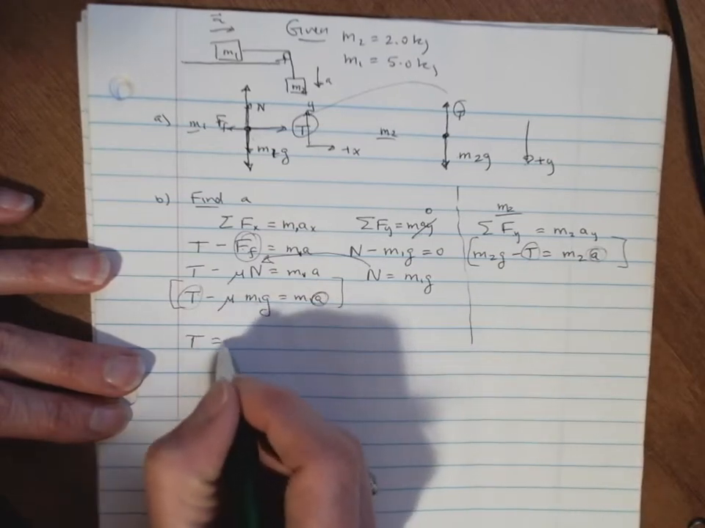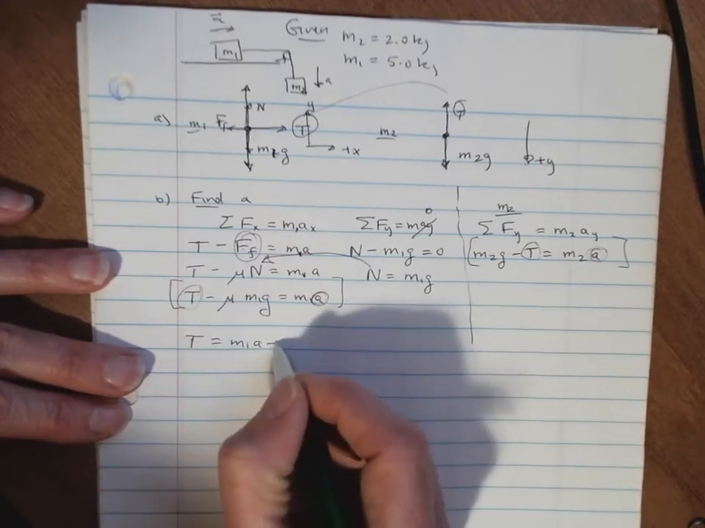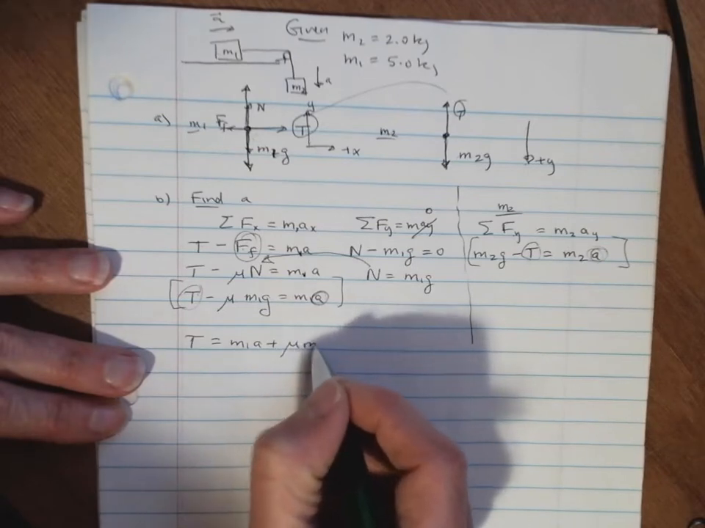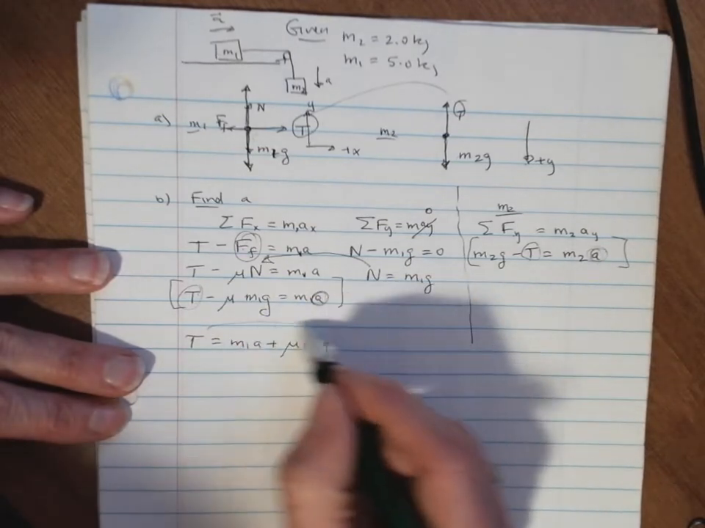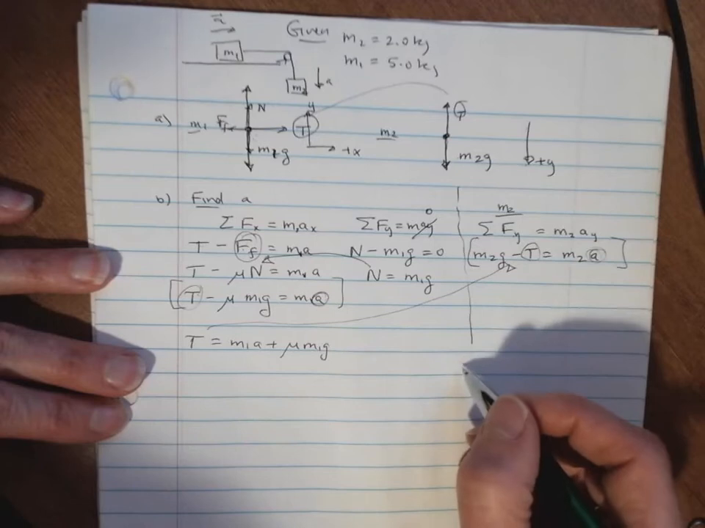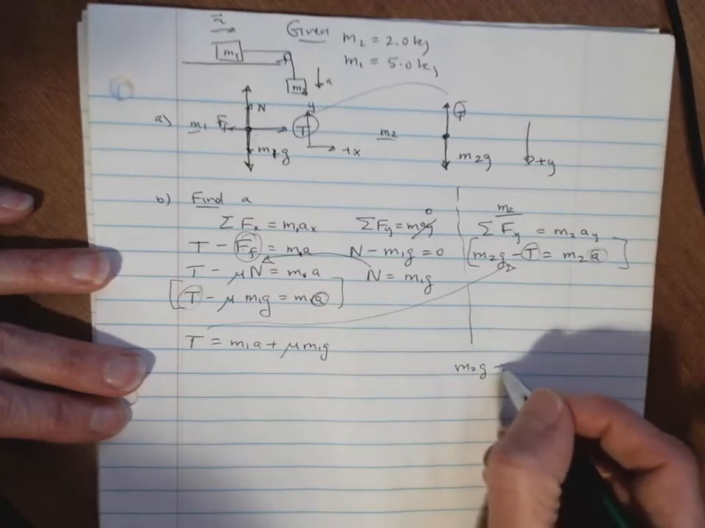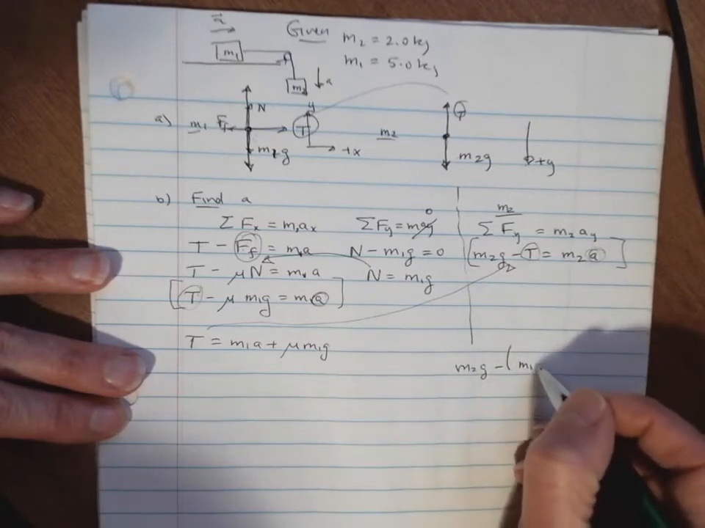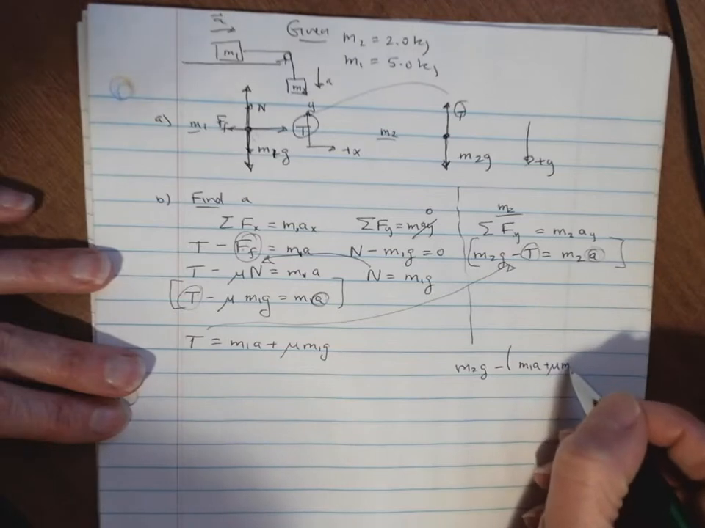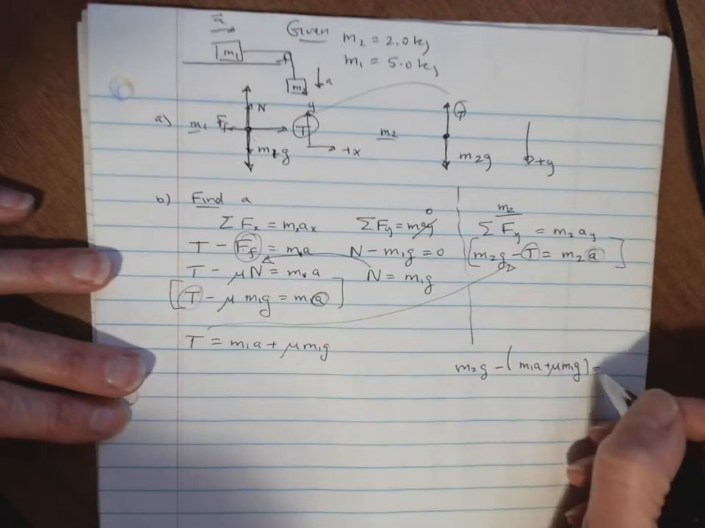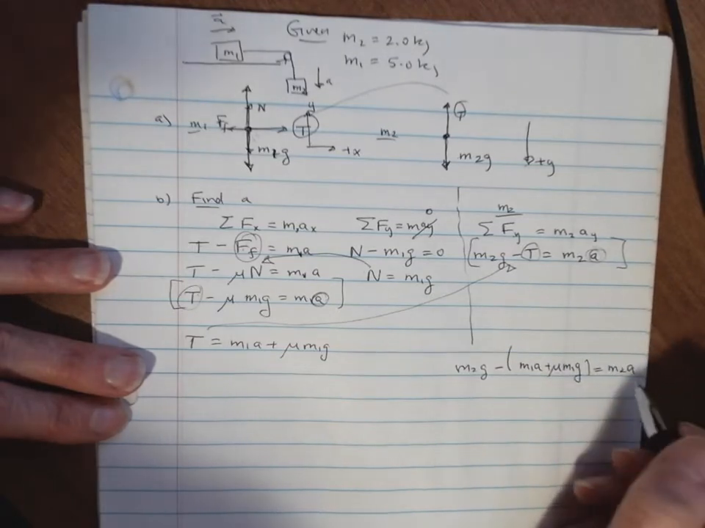So let's do that. So tension equals m1a plus mu m1g. And we're going to plug that into this equation, and we'll write that again down here. So we get m2g minus (m1a plus mu m1g) equals m2a. And now